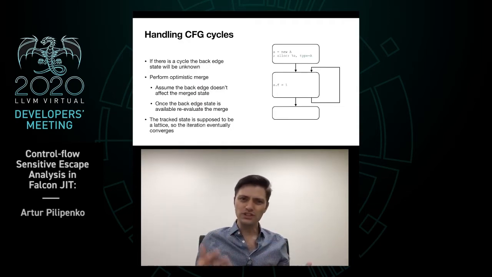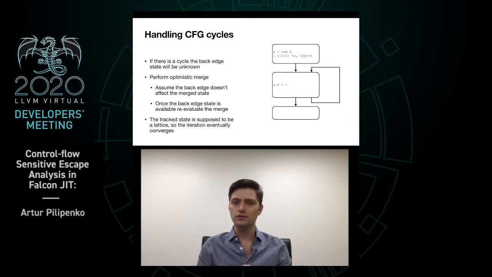So it all works fine if there are no cycles in the control flow graph. But if there is a cycle, we would encounter a situation where I have a block for which the state of one of many predecessors is not available. In this case, we perform optimistic merge. We assume that the back-edge state does not affect the merge state, and we take the speculative state and continue